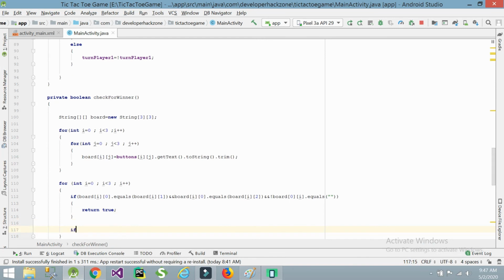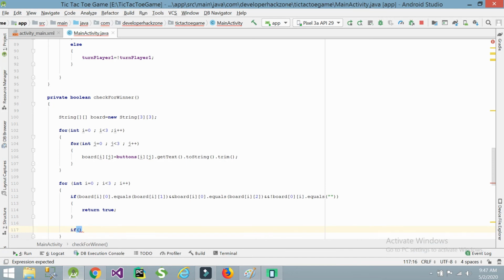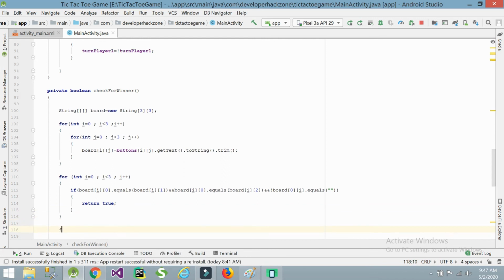Again, if we have checked horizontal, we need to check vertical also. For that we are writing another condition, another for loop. Same thing, int i equal to 0, i less than 3, i plus plus.